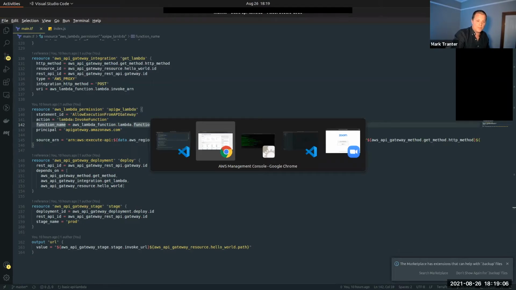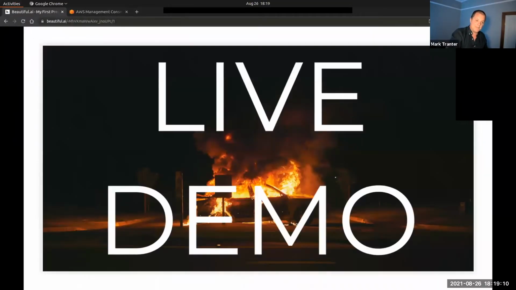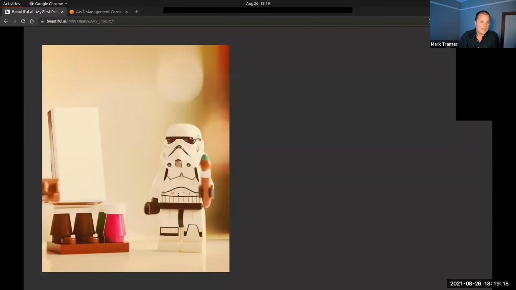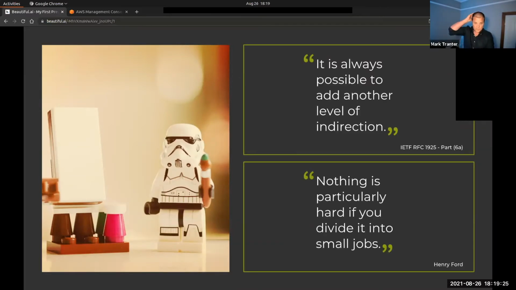So how can we use Terraform to get a bit more value out of our serverless estate and deploy something like this? Well, we have tools for this already in the software engineering world. I found these two quotes because you've got to have quotes for a talk.